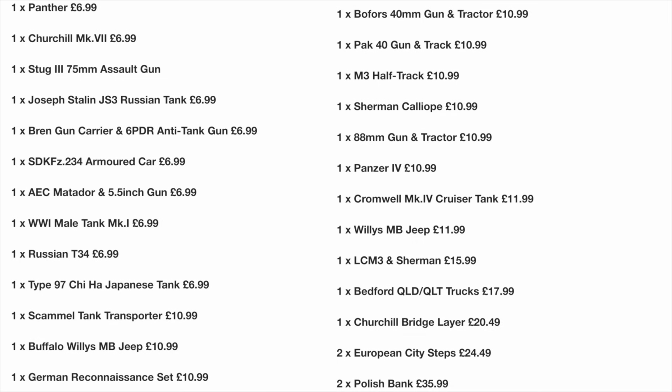Okay, so you're getting 10 kits there at £6.99. Then you move on to the more expensive ones, like the Scammell truck transporter, right the way up to the Panzer 4, which are all £10.99. Then you've got a couple at £11.99, which is the Cromwell Mark IV and the Willys MB Jeep. Then you've got the Landing Craft M3 and Sherman at £15.99, and then you've got the Bedford QOT trucks at